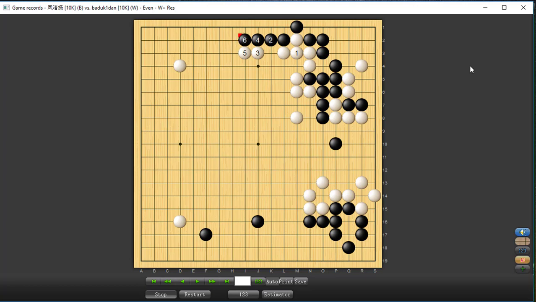Something like this. This is still playable for white. Maybe it is even a better idea than what I played in the game. But I decided to show you this kind of stuff, that I'm building a thick wall towards the top side, and when black invaded and I kicked, and if he extends, then I probably